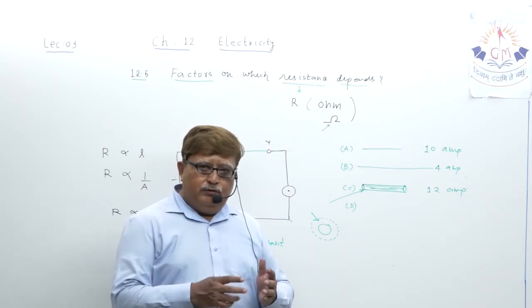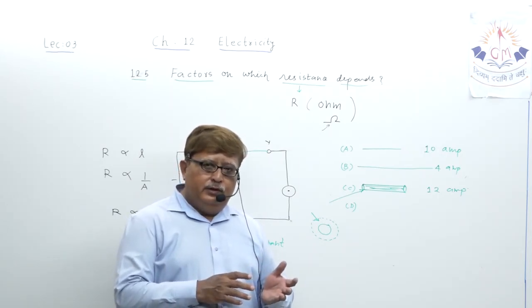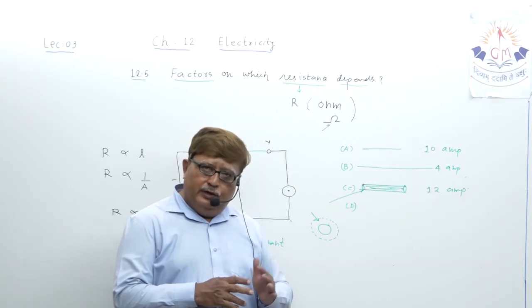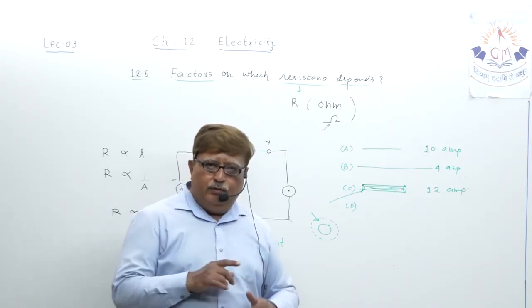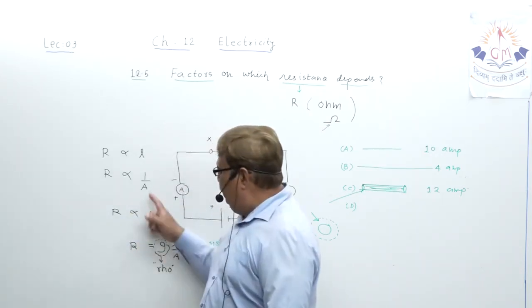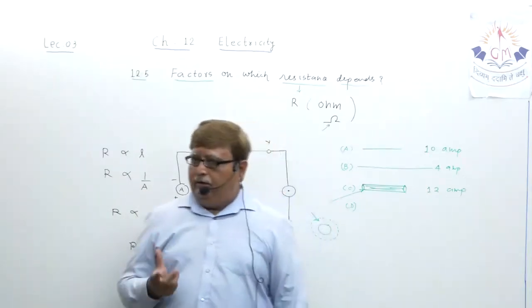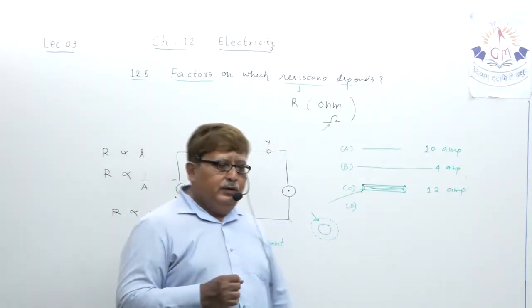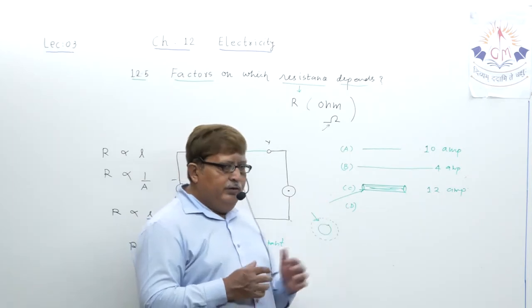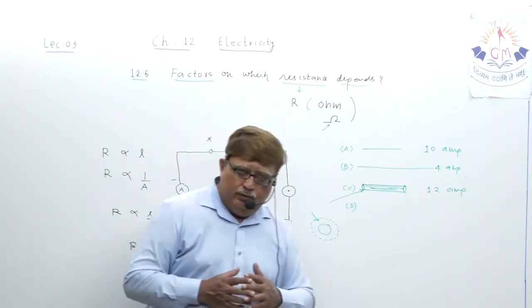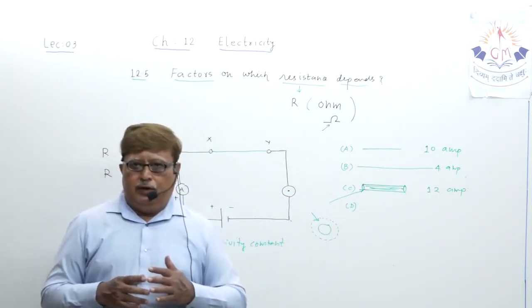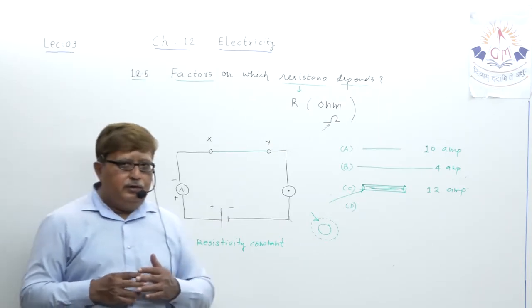Area of cross section increases, resistance decreases. Area of cross section decreases, resistance increases. And third, resistance also depends on the type of material,